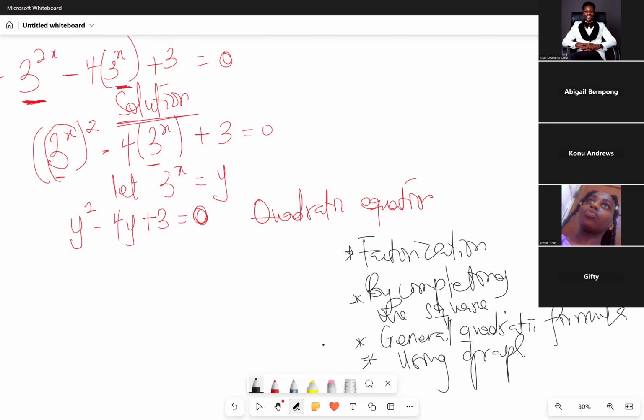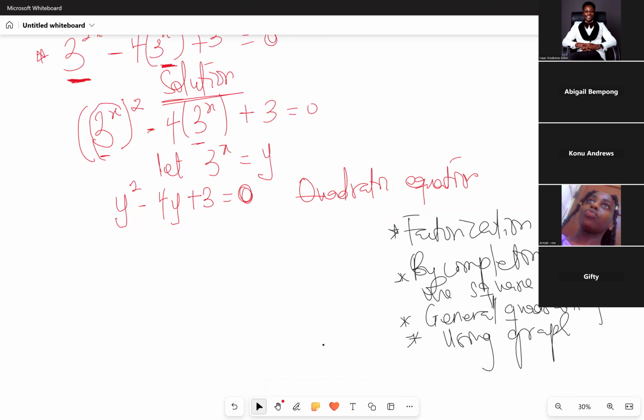So, as I always do, I look for the easiest now because I really don't have time. Okay, so we'll solve using factorization. Are you ready? Let's rush on it. So to factorize, you see,